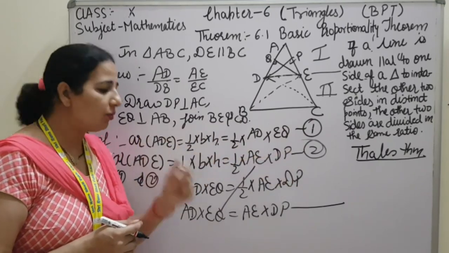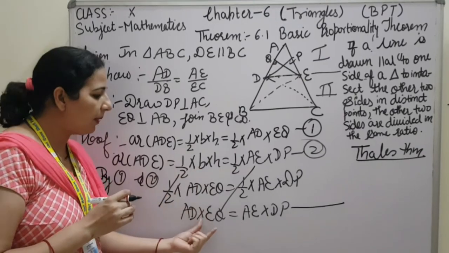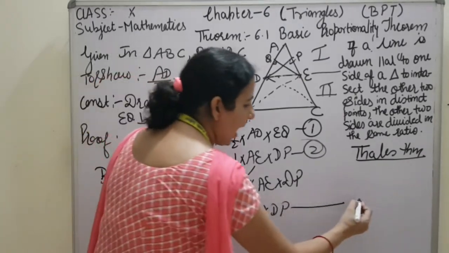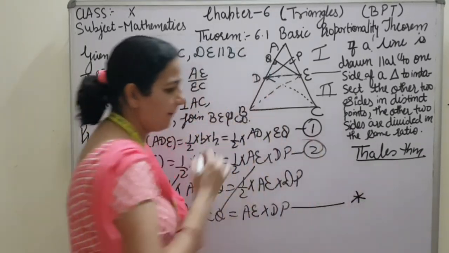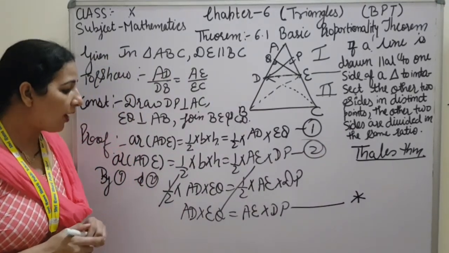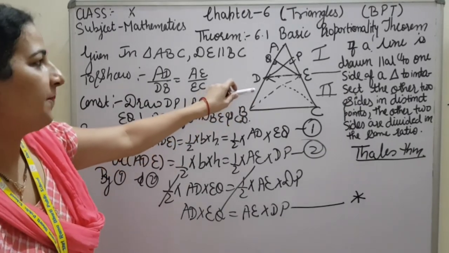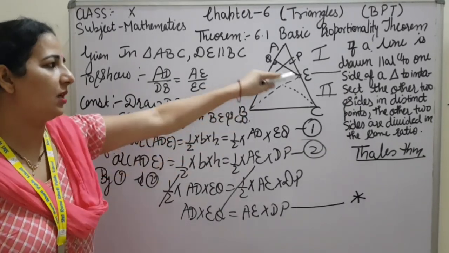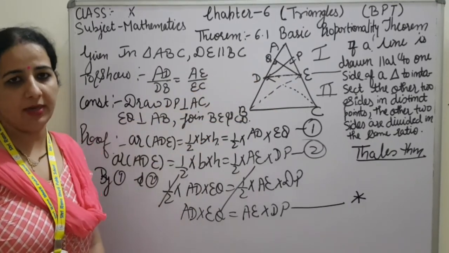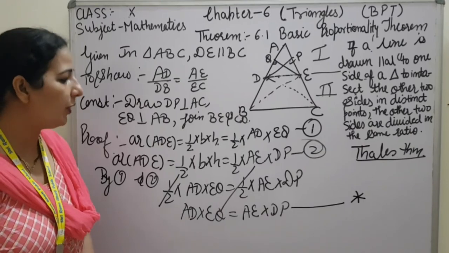I am not giving it 3 because this is a special statement that is going to play a very big role in my proof. So I am going to write it as star. We have done almost half the question. So for calculating the second half, we have to choose these sides, DP and BC. This means the second half will be this one. Fine. So for calculating the second half, I am going to erase it.